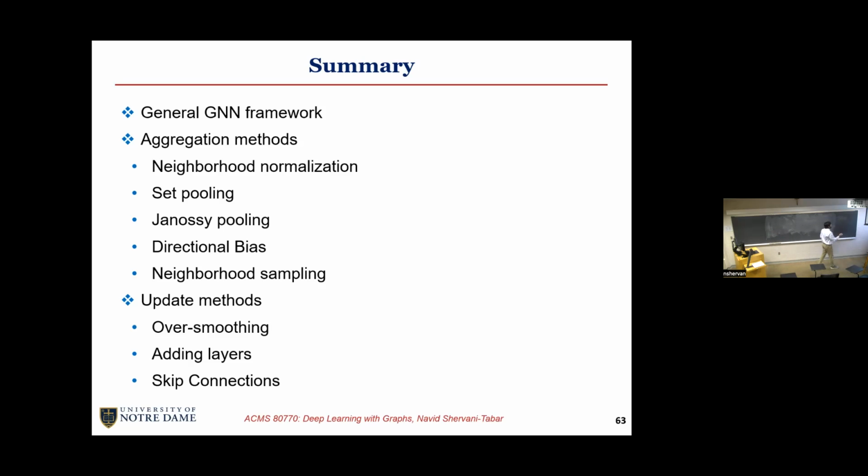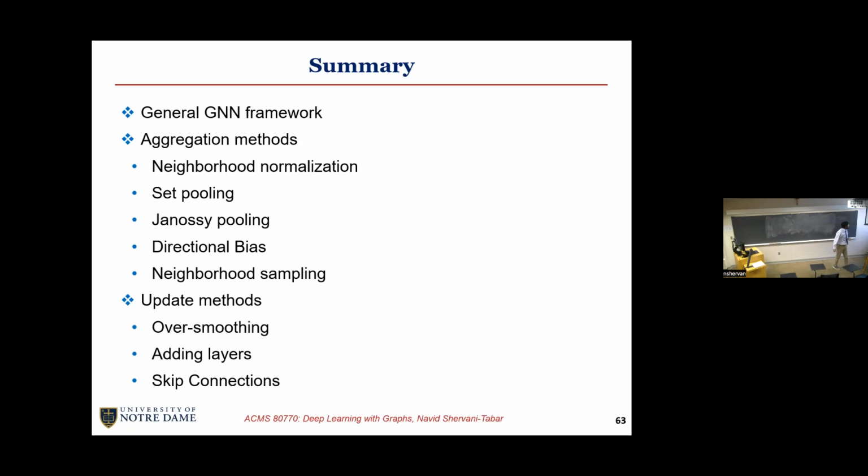Then we looked at an approach called Janossy pooling, where instead of using a function that is invariant to permutations, this function is sensitive to permutations. And instead of just giving that as our output, we were summing over all possible permutations on that neighborhood,